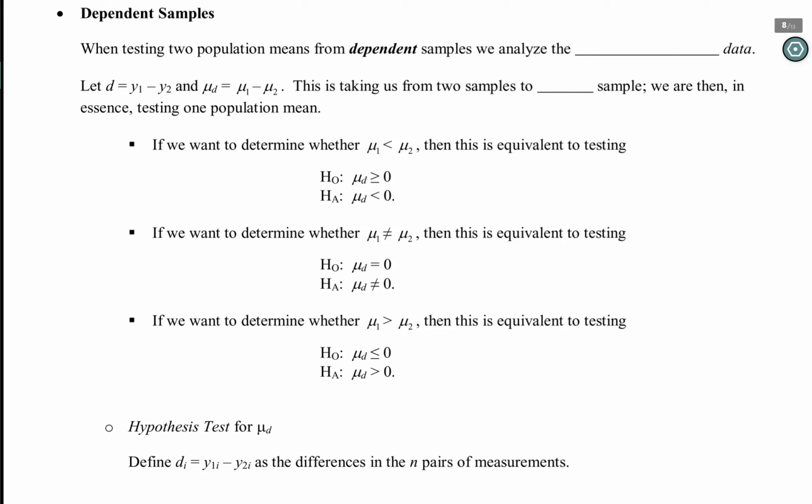Dependent samples. The methods up to this point within this module have dealt with comparing two populations, and the samples from the two populations, we're assuming that they are independent. Well, it's often the case that the samples are actually not independent, but in some sense they are paired, and we motivated that on the first page of this module by saying